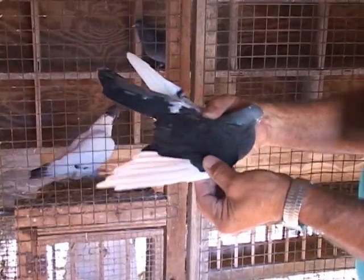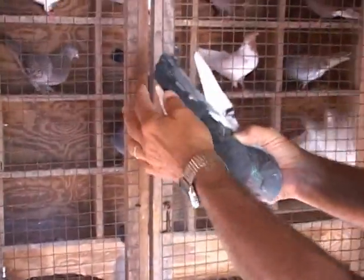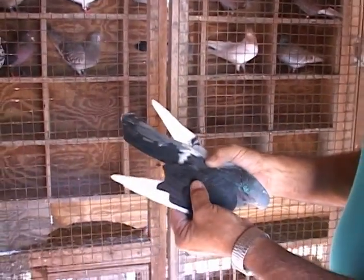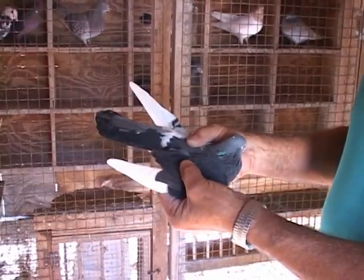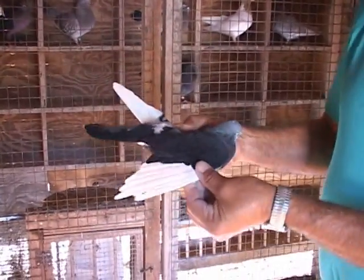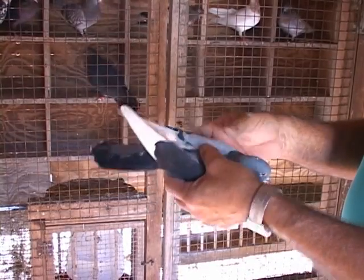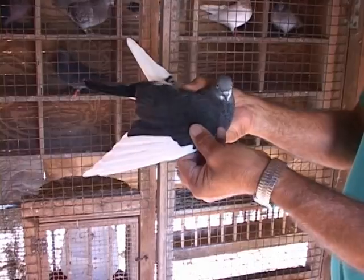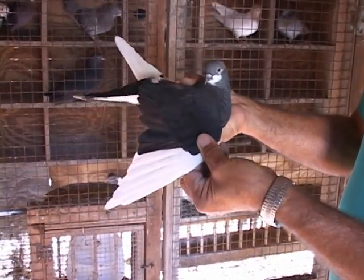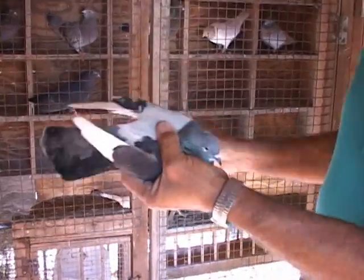other. Now this bird is one that I don't breed from, and you may be able to tell in the video here, the black feathers, they're not that bad, but it's a poor feather quality. And because it is, I don't breed it, because this is a performing bird out of performing birds. And I'm afraid that there's some recessive gene, and I'll breed it and it'll get spread out through the loft, and I just don't want that. So rather than take a chance, I just look at it, and I don't want to put that gene in